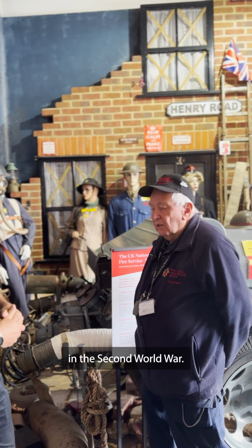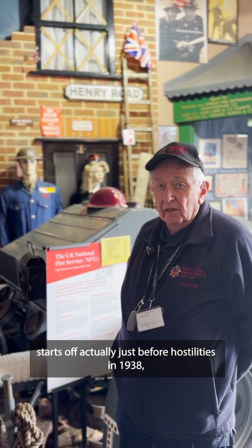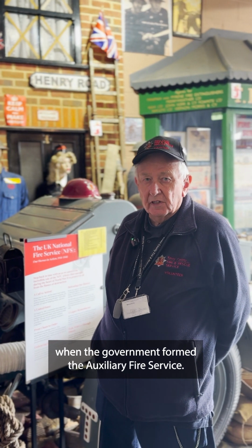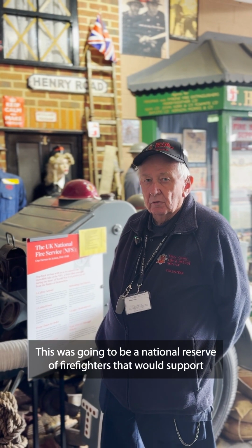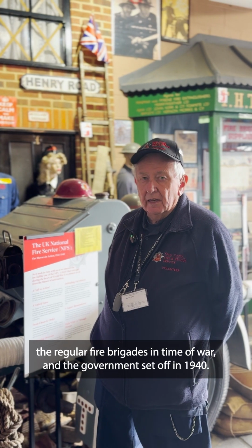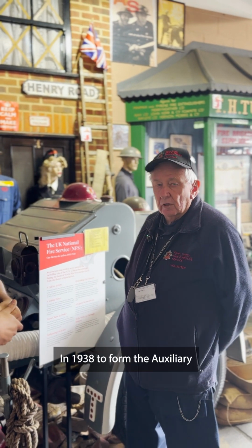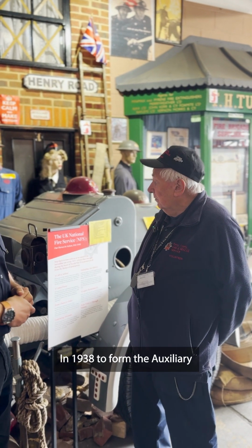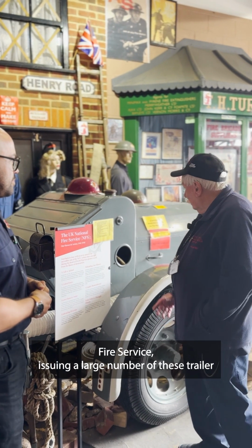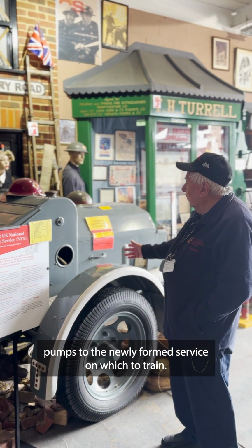Fire service in the Second World War starts off actually just before hostilities in 1938 when the government formed the Auxiliary Fire Service. This was going to be a national reserve of firefighters that would support the regular fire brigades in time of war. And the government set off in 1938 to form the Auxiliary Fire Service, issuing a large number of these trailer pumps to the newly formed service